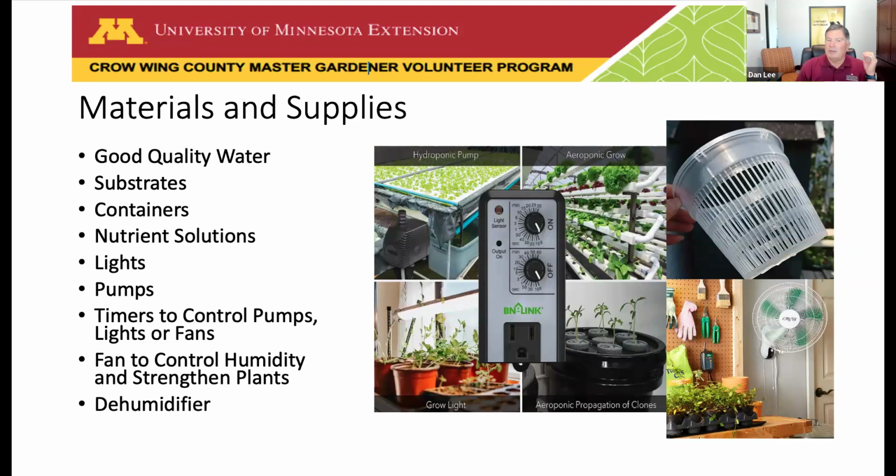You've got to think about what substrate you're going to use. In other words, what's the growing material that the roots are going to be sitting in? What kind of containers are you going to use? What nutrient solutions, lights, pumps, timers? And you even get down to things like a fan to move air around and strengthen the plants a little